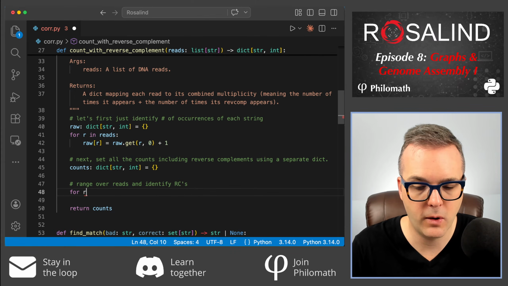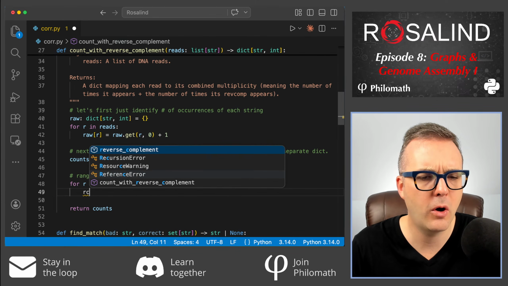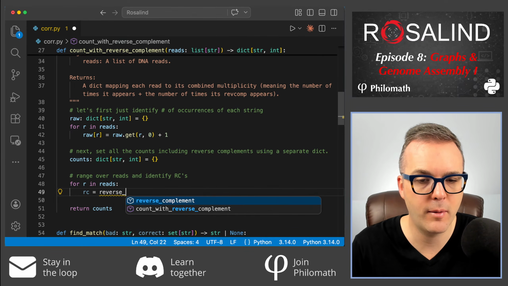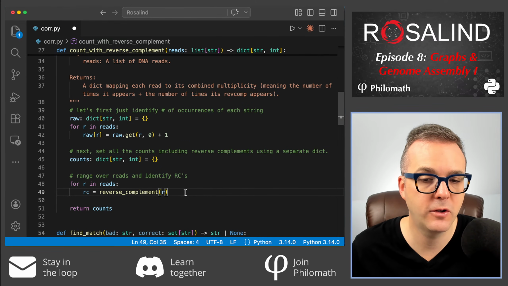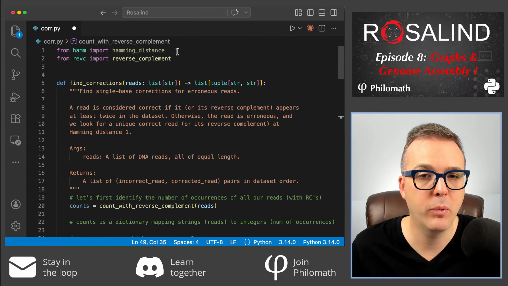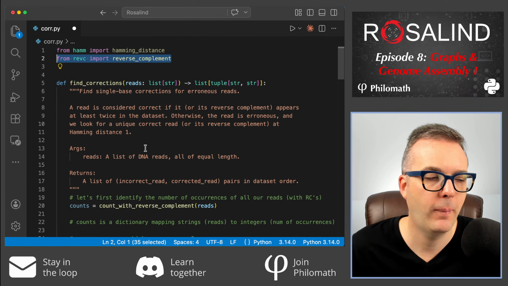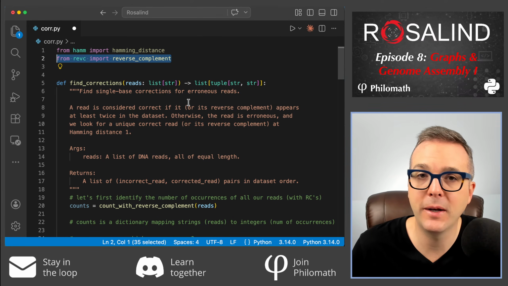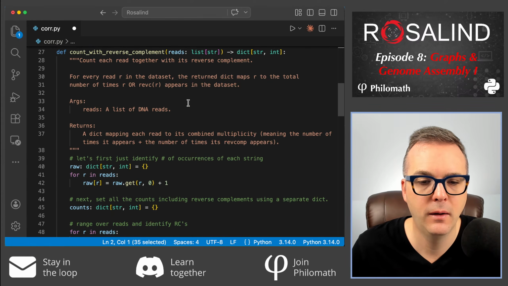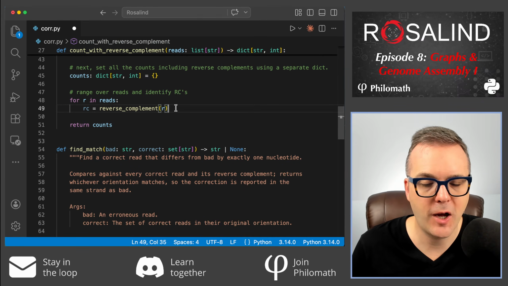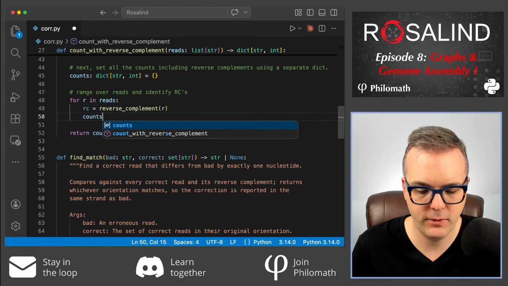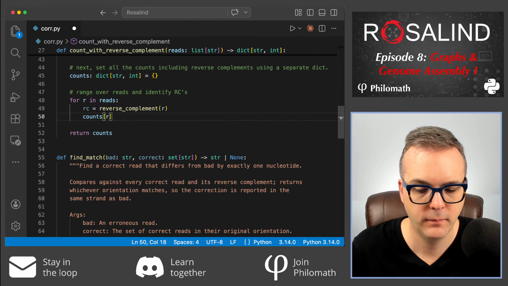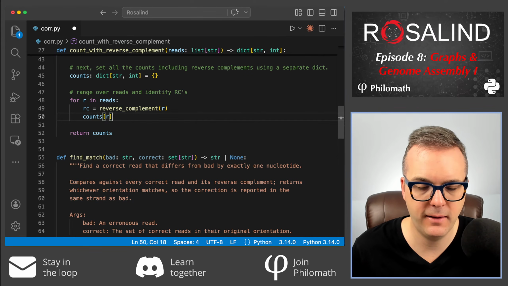So for R in reads, I'll call RC the current reverse complement of R. Fortunately, that's a function we've already written. So that's imported from revc.py. That's one of our first questions on the platform, and now we get to use it here. Once I've reverse complemented the current read, I'm going to say, well, look at counts of R. And counts of R needs to get set